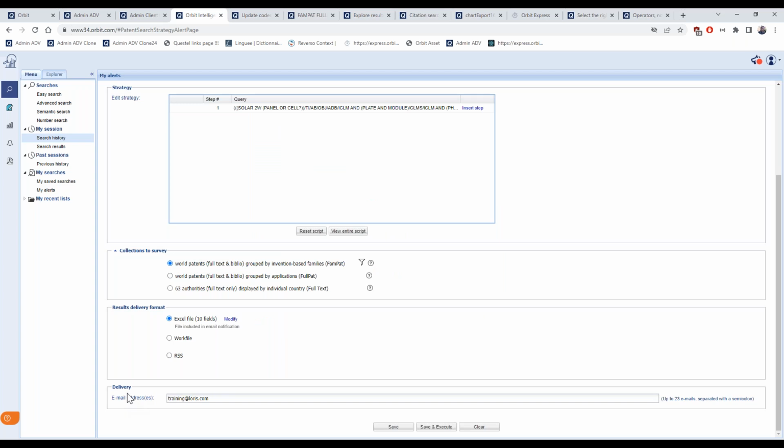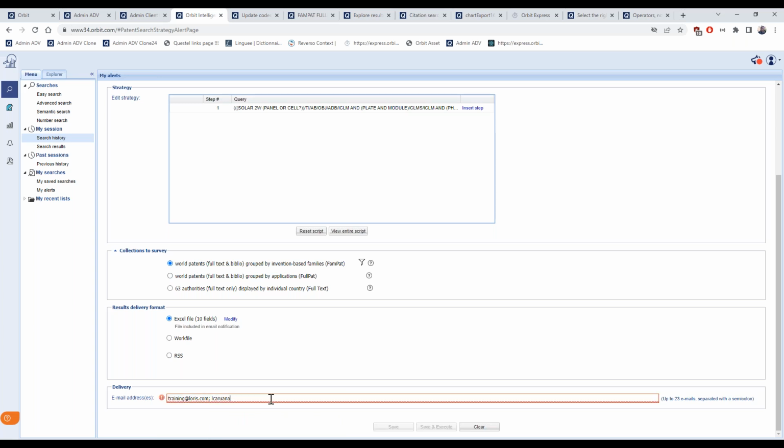And then at the very bottom, you will find a delivery part where by default is taken the email address associated to my account, but I can add up to 23 emails separated by a semicolon.